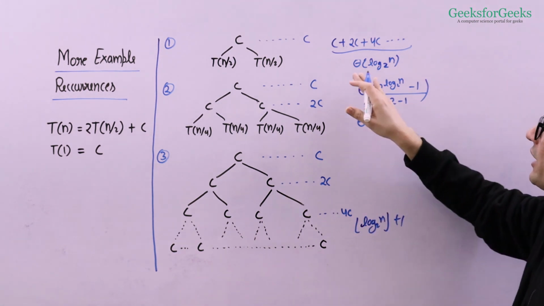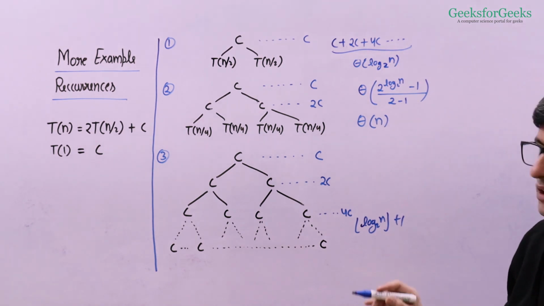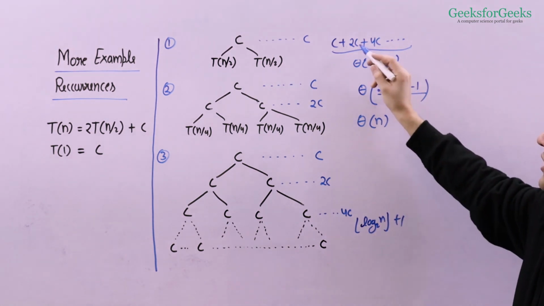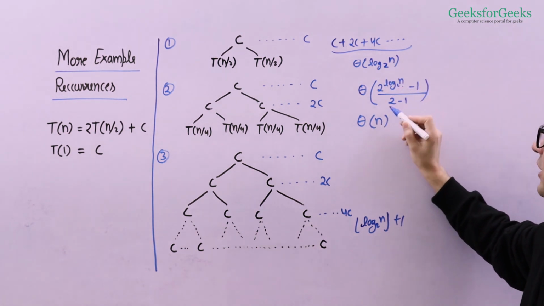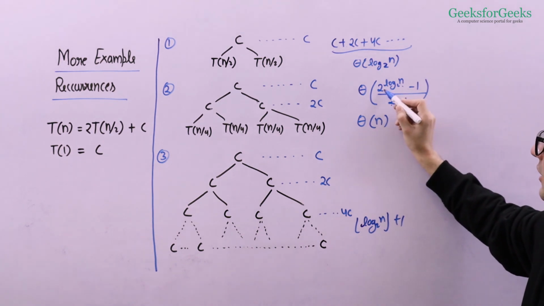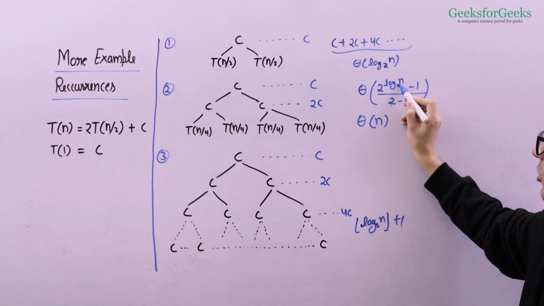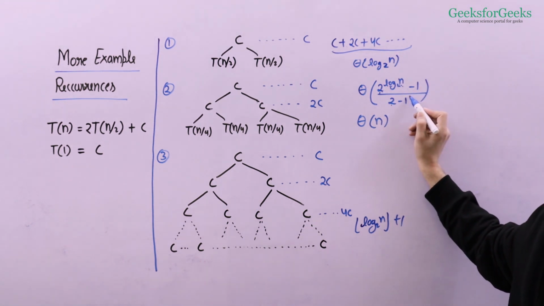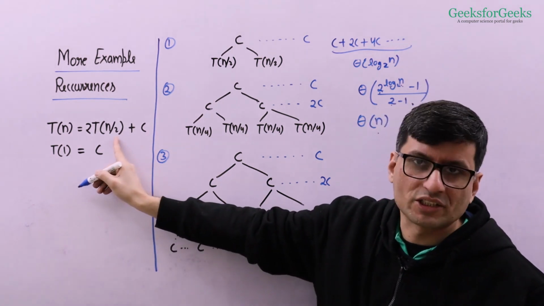So these many terms we have, and if I find the sum of this series for log 2n terms, it's r raised to the power n minus 1 divided by r minus 1, where the common ratio r is 2 and n is those many terms, log 2n. So if you see 2 raised to the power log base 2 of n, the 2 and 2 are common. In those cases, we can write this expression as n. So it's n minus 1 divided by 2 minus 1, which is theta n. So the time complexity of this recurrence relation is theta n.